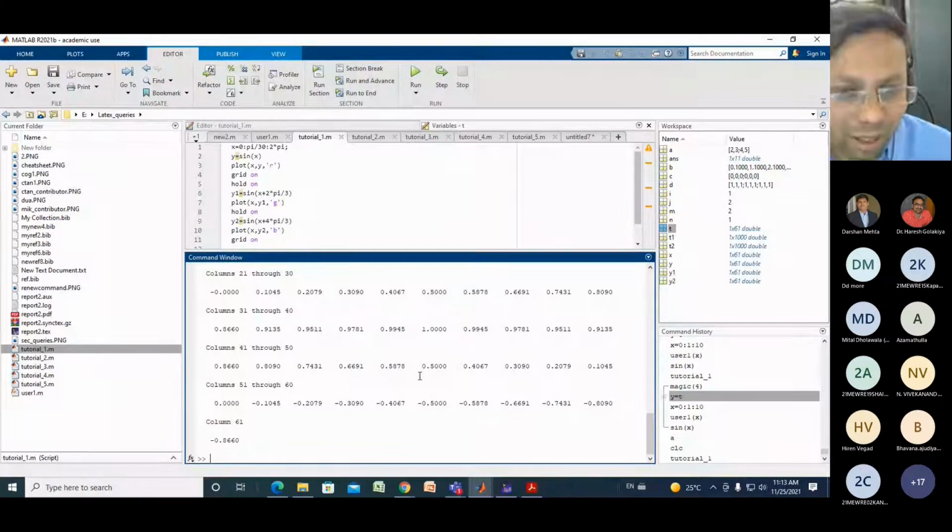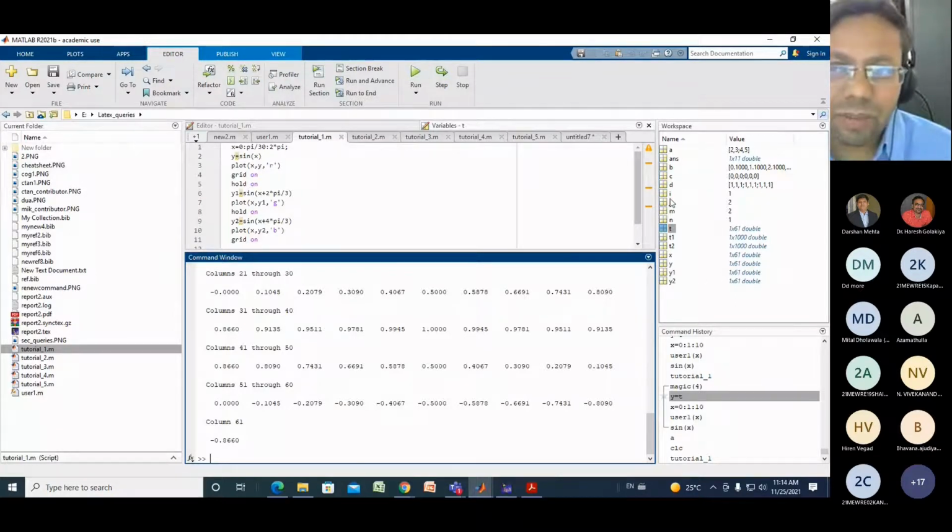You can run any command, any function, any MATLAB file in a command window. You can view the answer in a command window. Command history means whatever you have run, all these variables and commands will be automatically saved as a history. You can view it with a date and timestamp. You can cut, select all this, and make a script file from it.